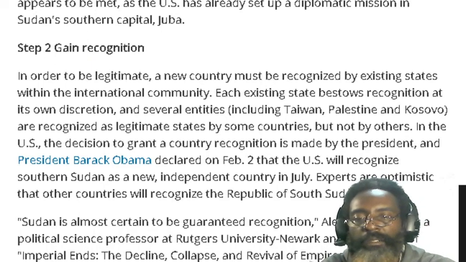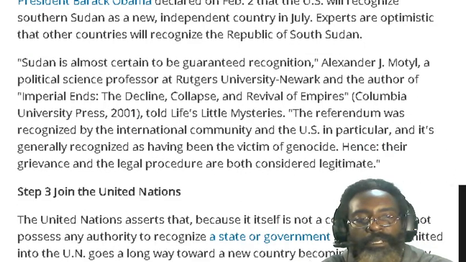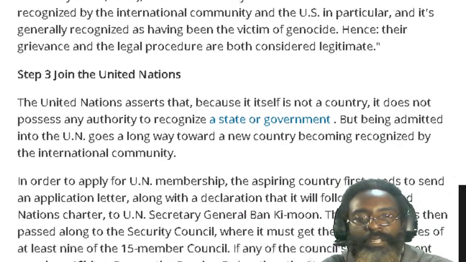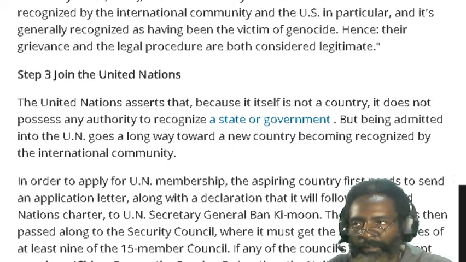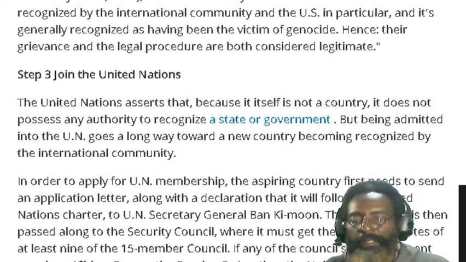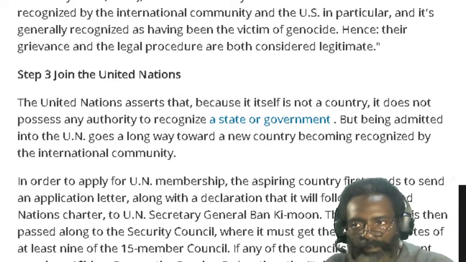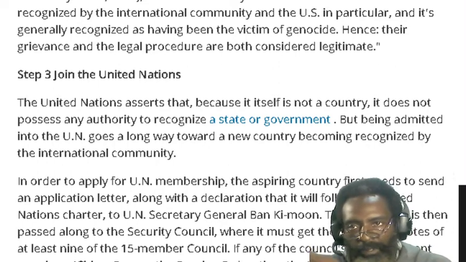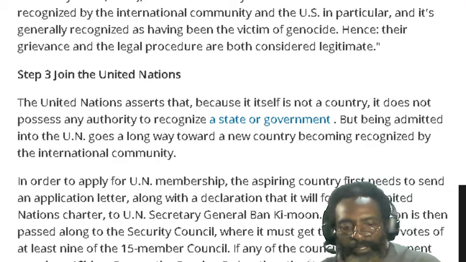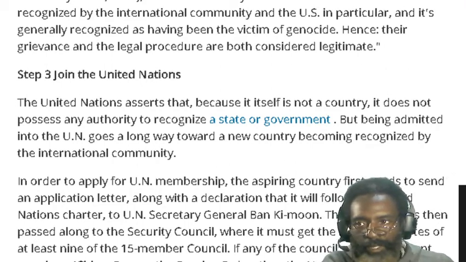And step 3, join the United Nations. Once again, this is not set in stone, because they are not an actual permanent country. It's just a conglomerate of people from each individual state coming together saying, basically, this country may have a contract with another country, and that country may break it.